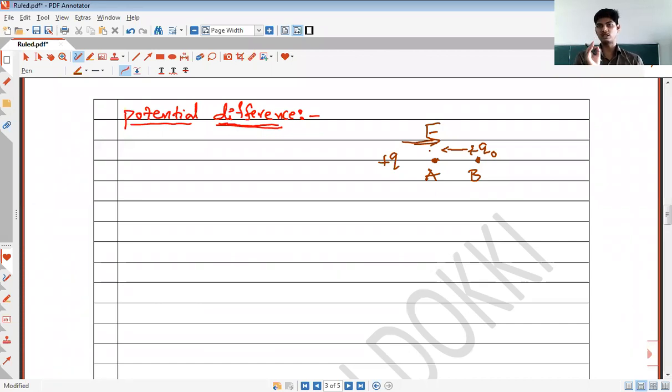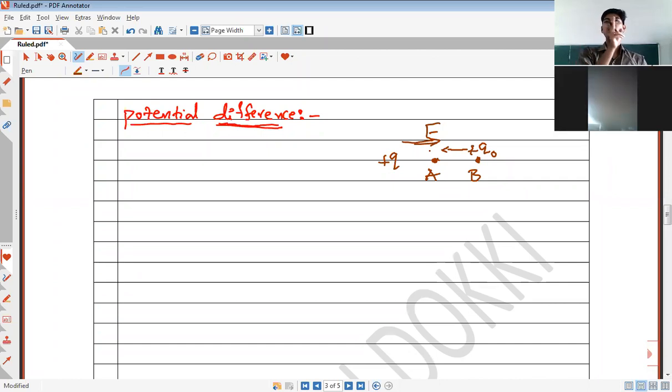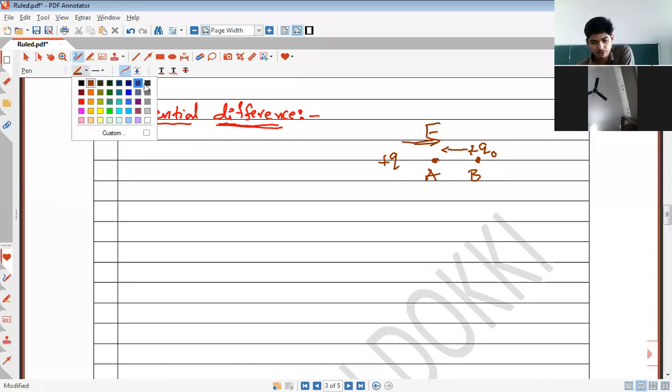So for potential difference, the charge is moved from one point to another point in the electric field, whereas for electric potential, the charge is moved from infinity to a point in the electric field. Right? So we define potential difference as follows. Potential difference is defined as the amount of